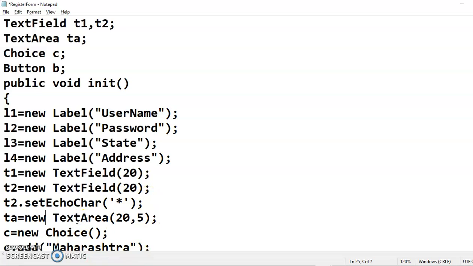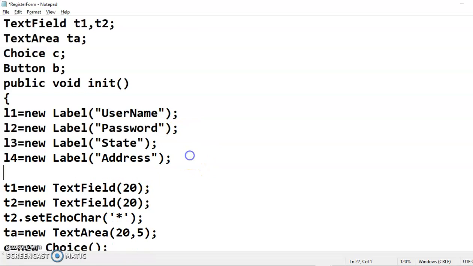Now, once you have created the labels, the next step is to create the corresponding text fields or text area. So for username, you need a single line input control, which is a text field of size 20. Means you can enter a maximum of 20 characters. Same with the password, you require a single text field where you can enter at the max 20 characters.